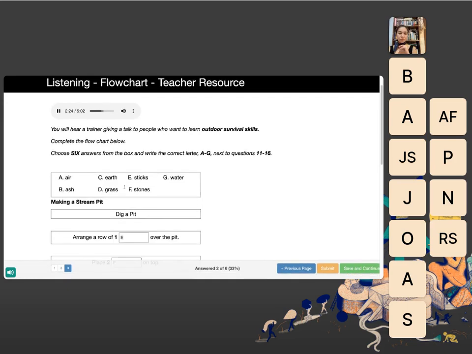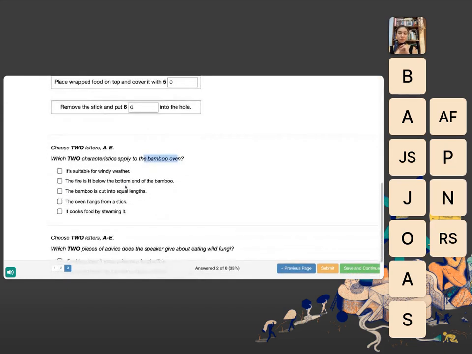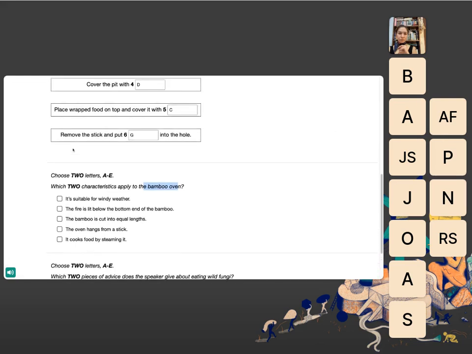4 hours for your food to cook, as it cooks slowly in the steam that's created inside the pit. Simple, but effective. The other method you're going to practice this week is the